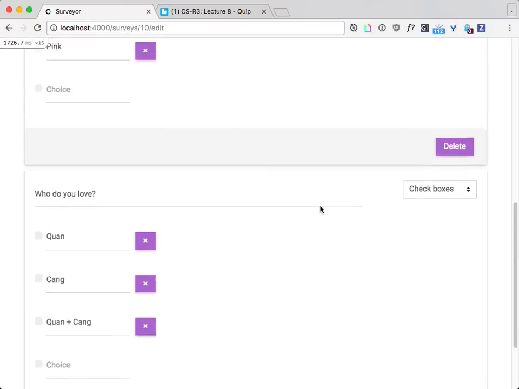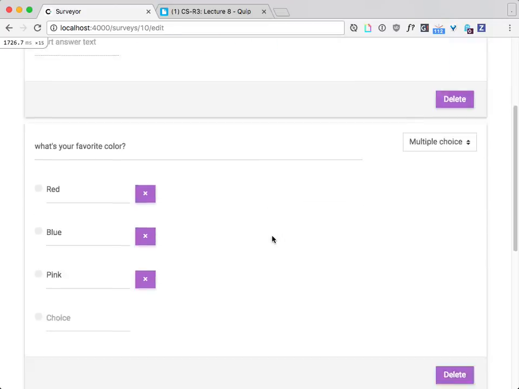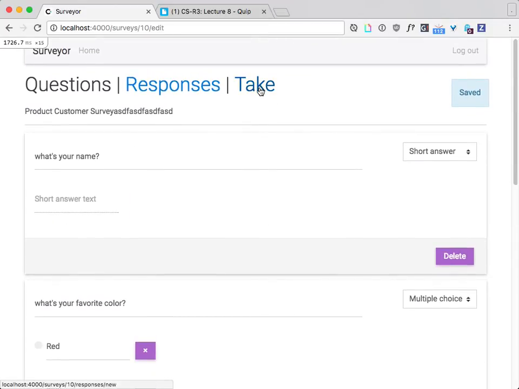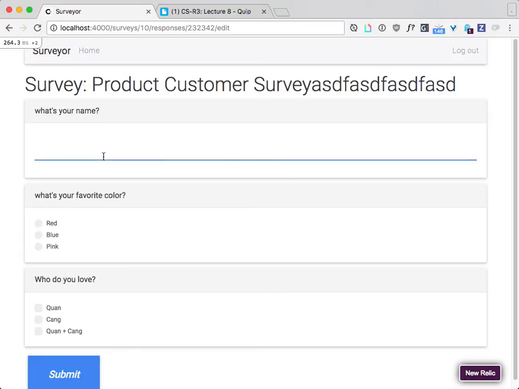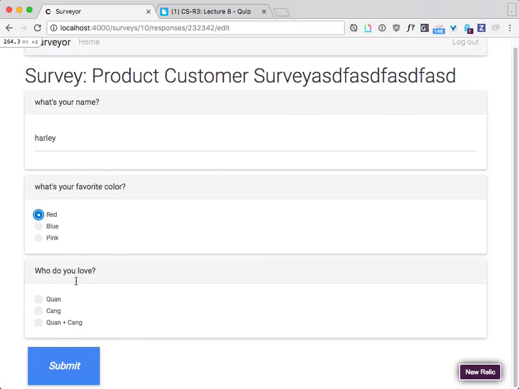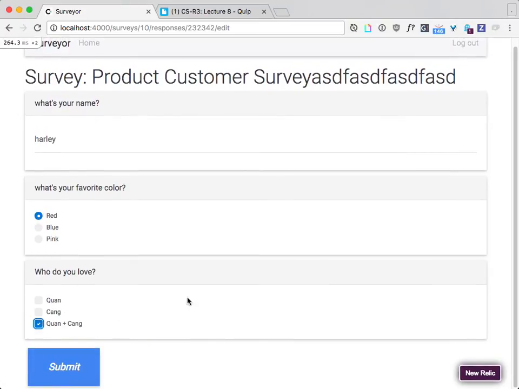All right, so imagine I have that, and now you have a survey, right? And you can take it. So it says, hey, before you take the survey, you have to know that I'm collecting your data. Don't sue me. Please let me use your data. Okay, I agree. And then it looks like this. What's your name? I say my name here. My favorite color is not pink. Sorry, Quan. And then who do I love? See, this is how I stay out of trouble. I just put both of them in here. So I submit,